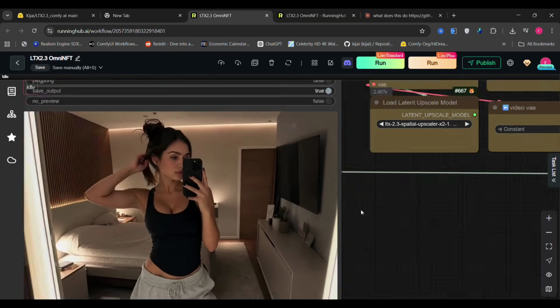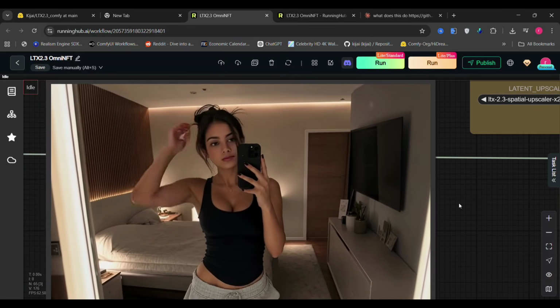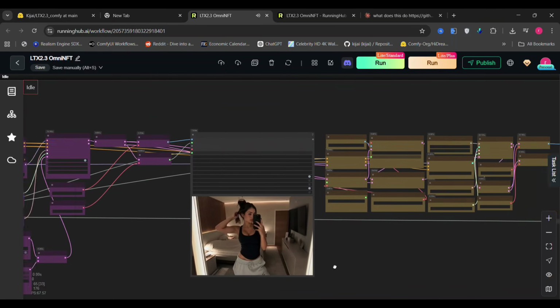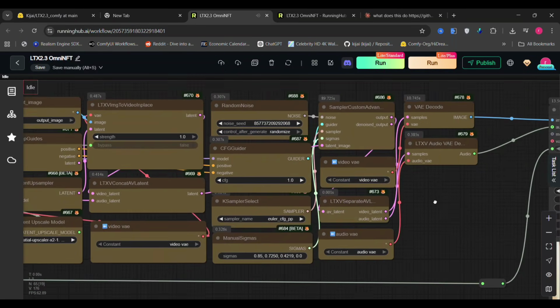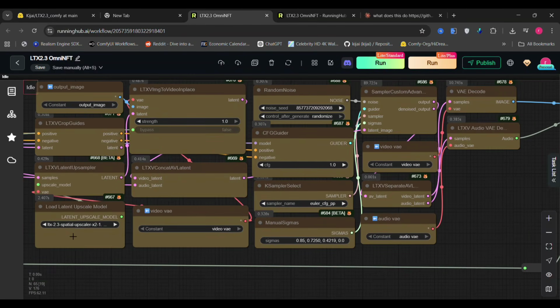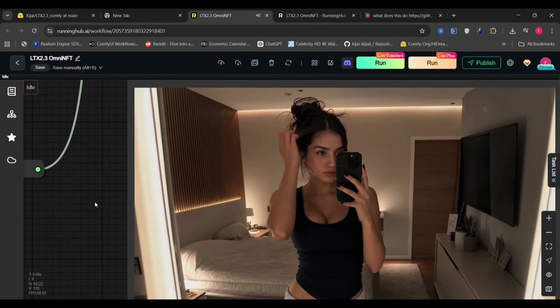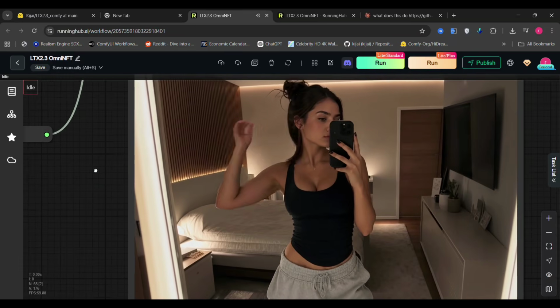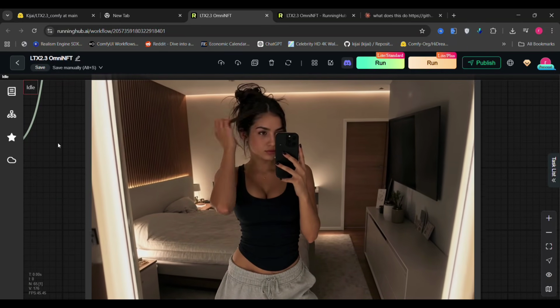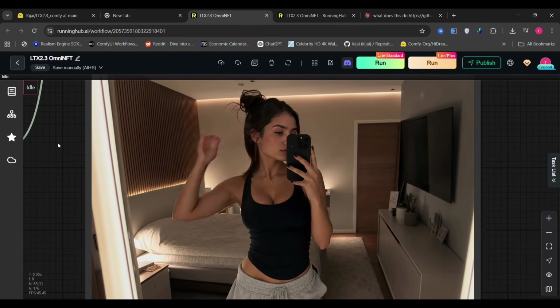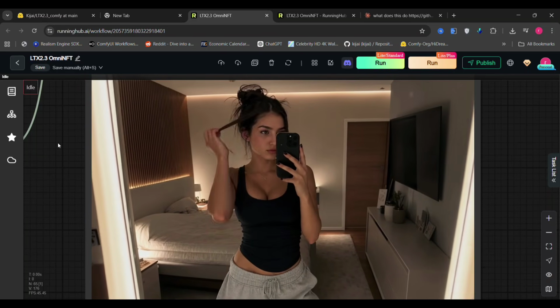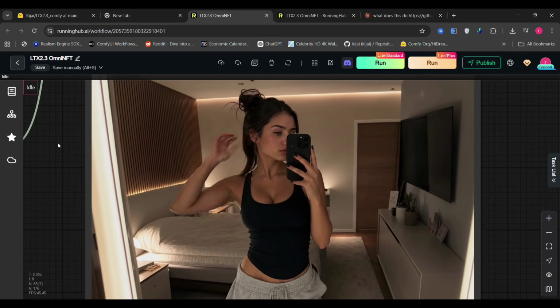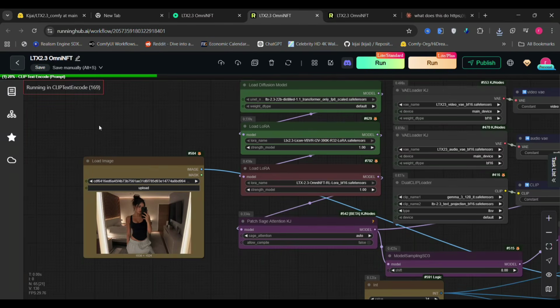So this is the first pass result. The first pass is always a bit rough, and that is expected. We are running a second pass through the upscaler using Euler, and this is the final output. Much more realistic, much sharper detail, and the face stays consistent throughout the clip because of the VBVR LoRA handling identity preservation. That combination right there is actually a really useful trick, so keep that in mind.